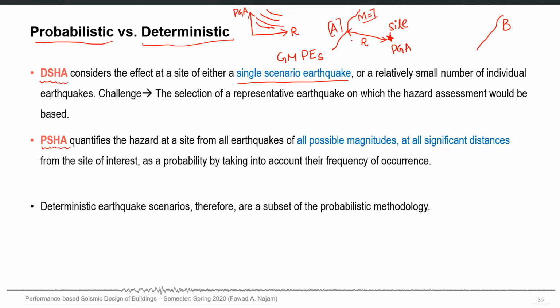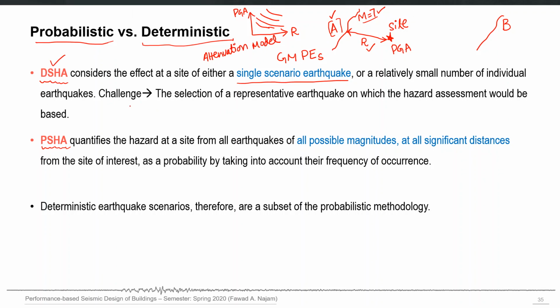So for different magnitude values, it will give us the estimated values of ground shaking at a particular distance. We already know that we have this controlling fault and this maximum magnitude, located at this distance. So based on this scenario, we can use such a ground motion prediction equation or attenuation model to predict the future ground shaking at our site. If we do this, we will basically be doing the deterministic seismic hazard assessment.